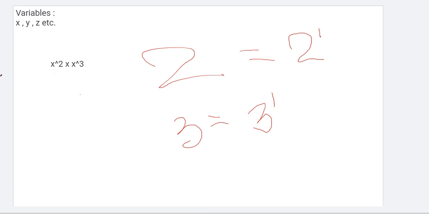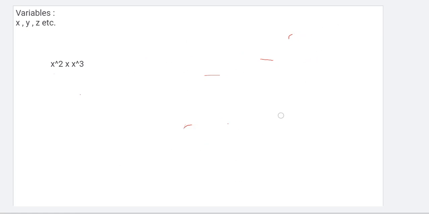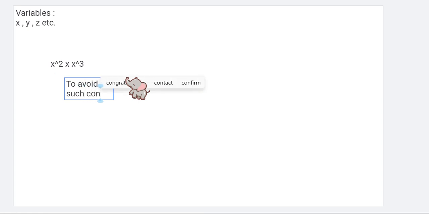Okay, now coming back to the point, if this is how it is, let's say this is a situation, anyone can have a misunderstanding and say this is x to the power 1. That is why, to avoid such confusion, we can write it as x to the power 2 dot in the middle